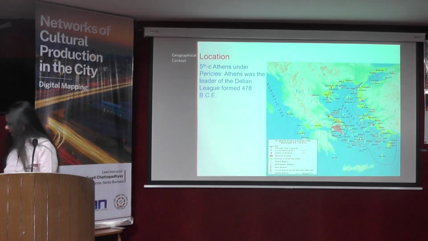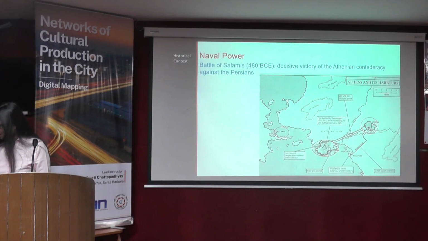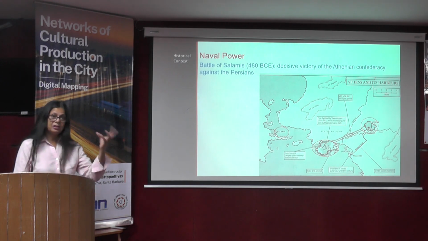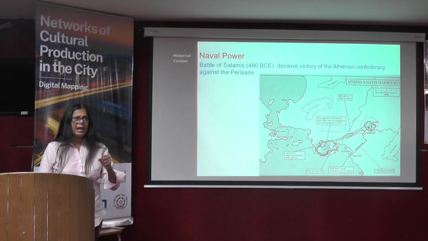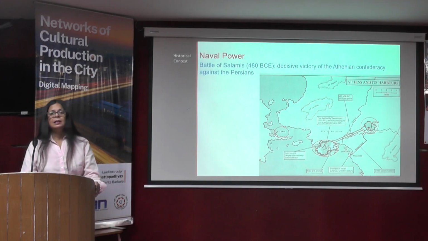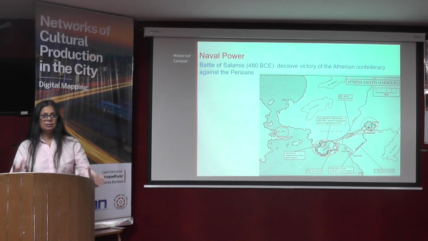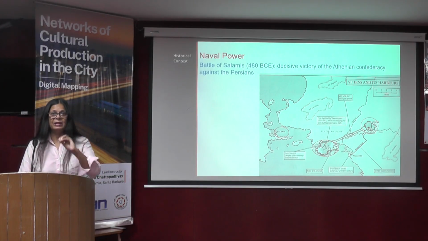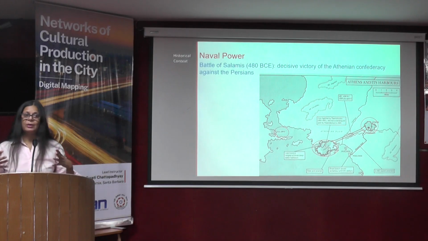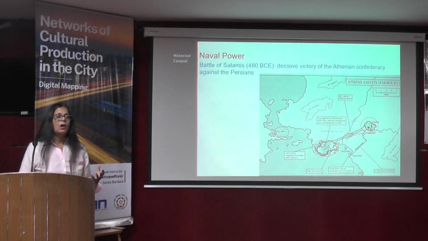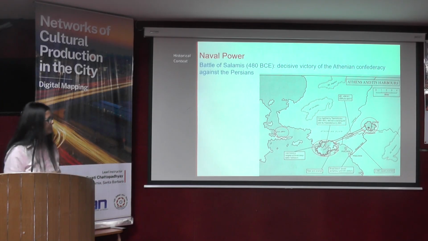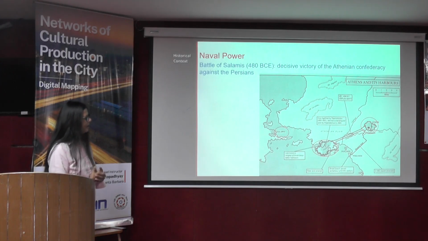This is the moment we are looking at, where Athens emerges as the leader of the Delian League. In other words, it controls the treasury. And Pericles, as the head honcho of the league, had no compunction about spending the treasury on Athens and building its buildings. So that's why we have this enormous production of buildings, in particular on the Acropolis, but also in other places, something I'll be referring to later.